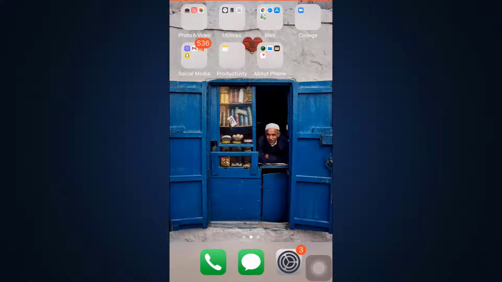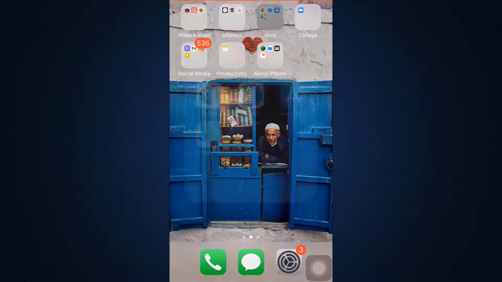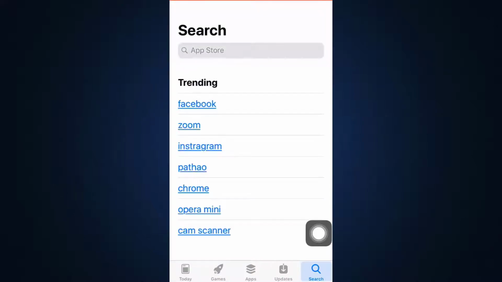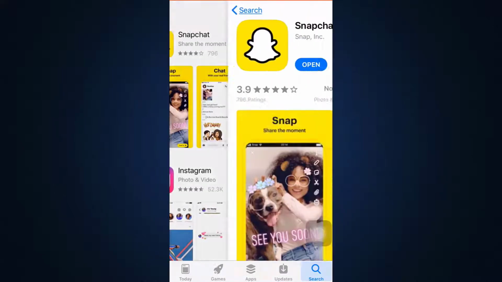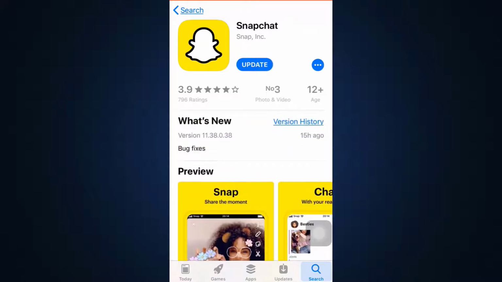But if you want to be able to fix this particular situation, there's certain things that you need to do, and you can always start from checking up your app updates. So for this, head over to either your App Store or to your Google Play Store. And as soon as you land on your App Store, on the search bar, type in Snapchat. And when you do so, you will be shown the app that's currently on your device. So here, my Snapchat has not been updated, so I'm just gonna have to tap on the update button, and in this way you can update your Snapchat in order to fix your login error.